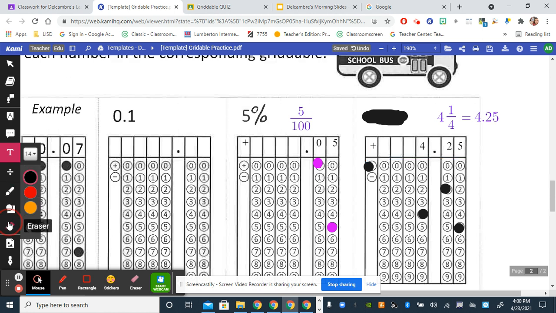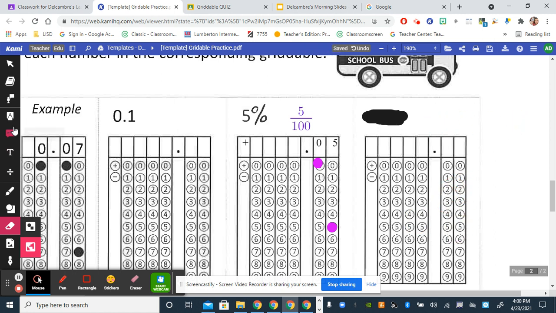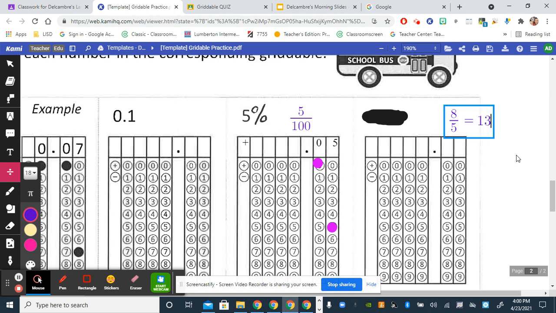Now, if you have an improper fraction, erase. If I have an improper fraction, that means my numerator is larger than my denominator. So 8, oh Lord, I shouldn't have done 8. Okay, 8/5. All right, 8/5 is equal to, well, how many times can 5 go into 8? Well, 1 with 3 remaining, so that would be 3 over